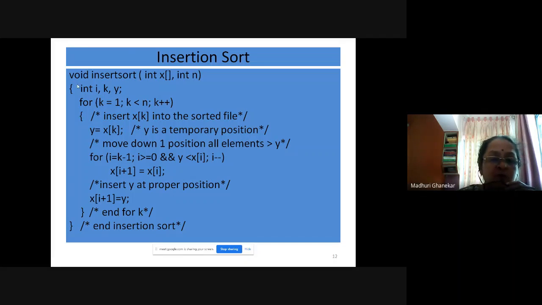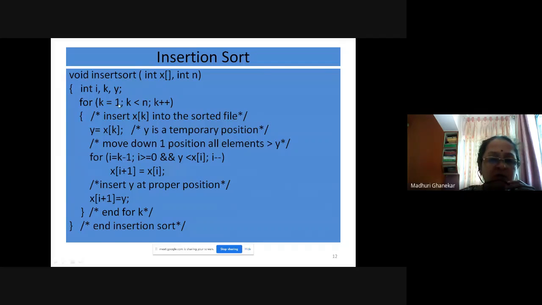We will start k with 1. Why 1? Because we will be writing C programs, and in C, array indices start with 0, and the very first element is always sorted. So the 0th position is always sorted. That is our logic. Another thing is, you will observe there is one more loop inside, and there we set i equal to k minus 1.